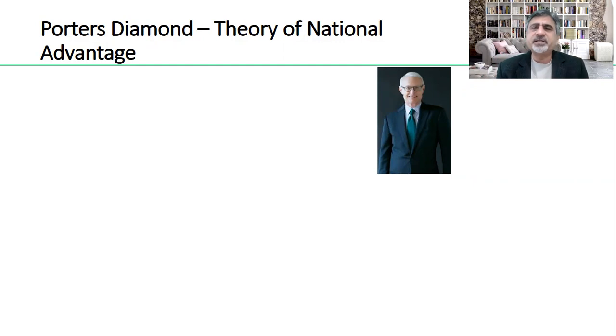You can consider this as a continuation, or a modern form, of Adam Smith's theory of relative advantage, or absolute advantage. A hundred years ago, Adam Smith gave that theory that different nations have different conditions, different comparative advantage, and they should be producing the things which they can produce best. So they should be doing the things which they are best at.